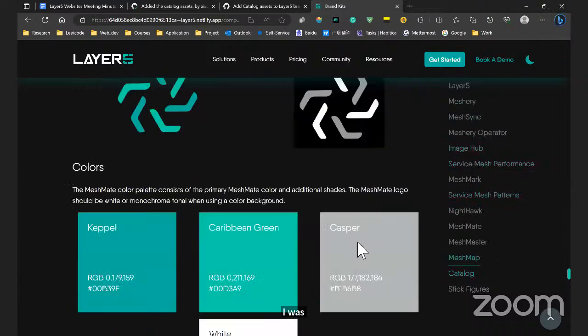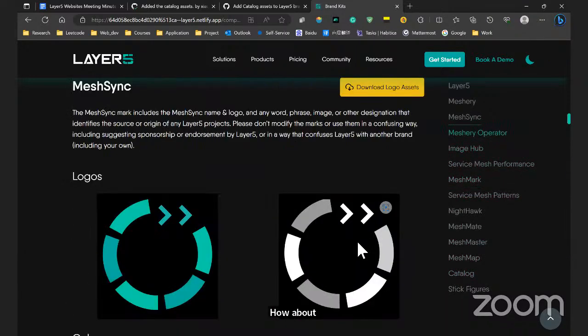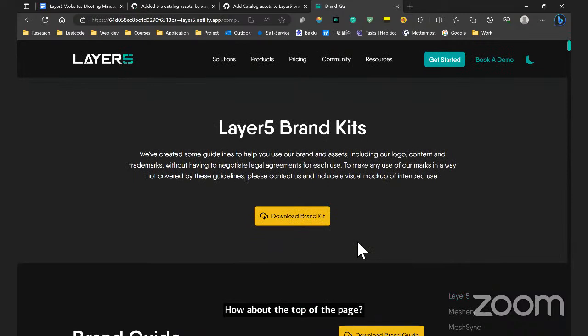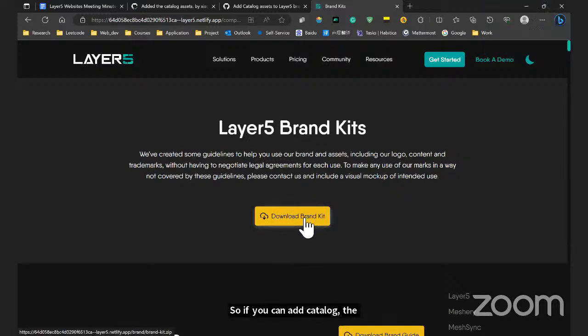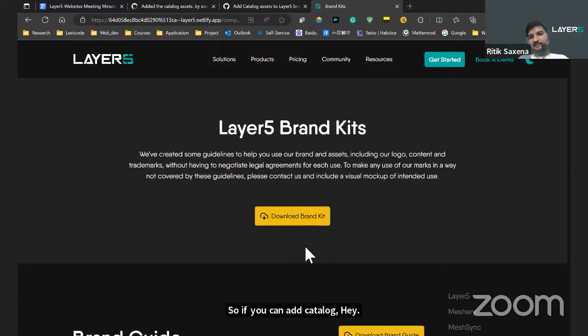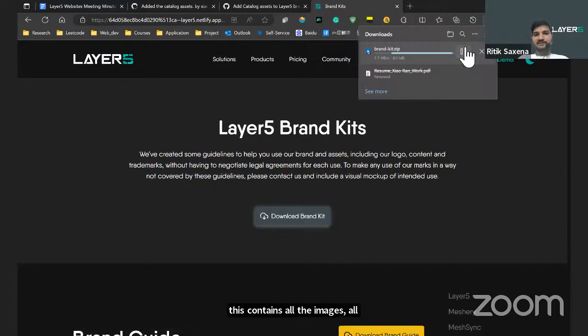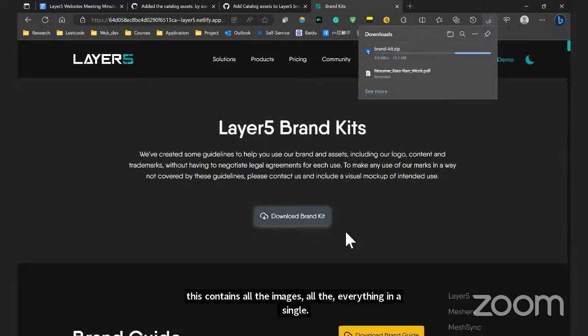Here we have a brand kit where we have all the images and all the assets in a single file. So if you can add catalog images here as well. Oh, so I can just download from here. Yeah, this contains all the images, all the files of the brand kit, everything in a single zip file. All right, that sounds good.